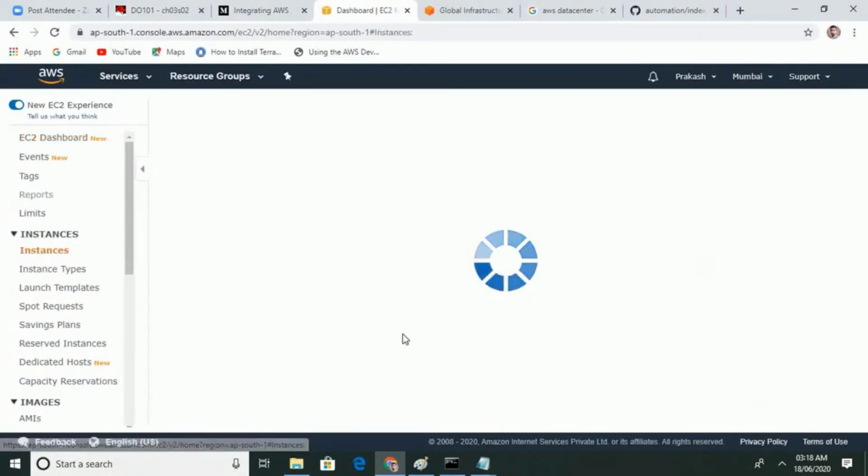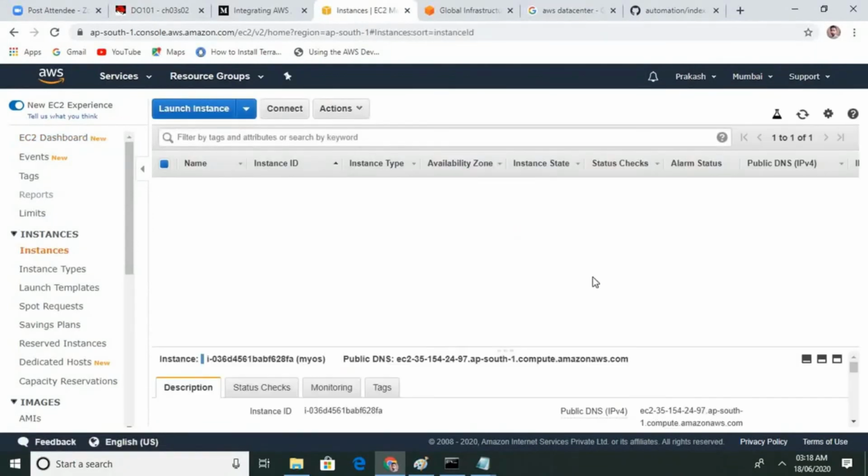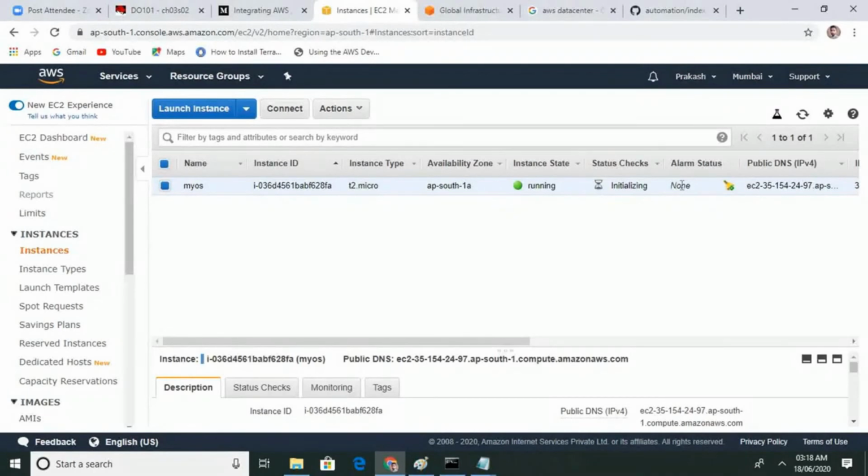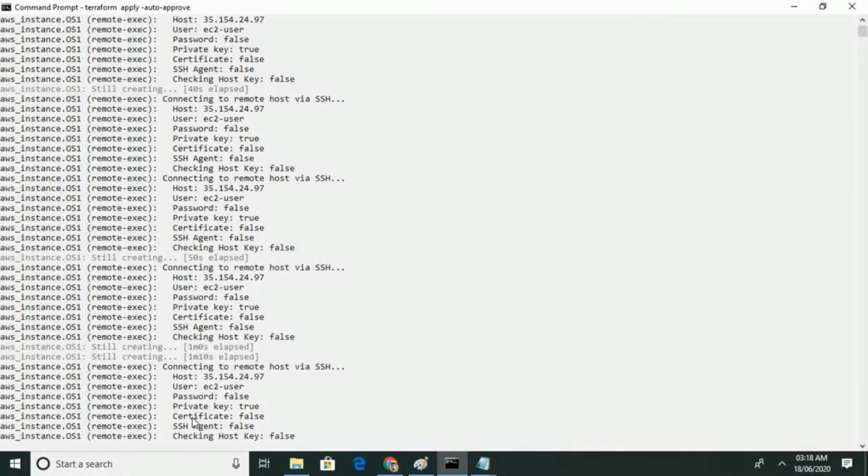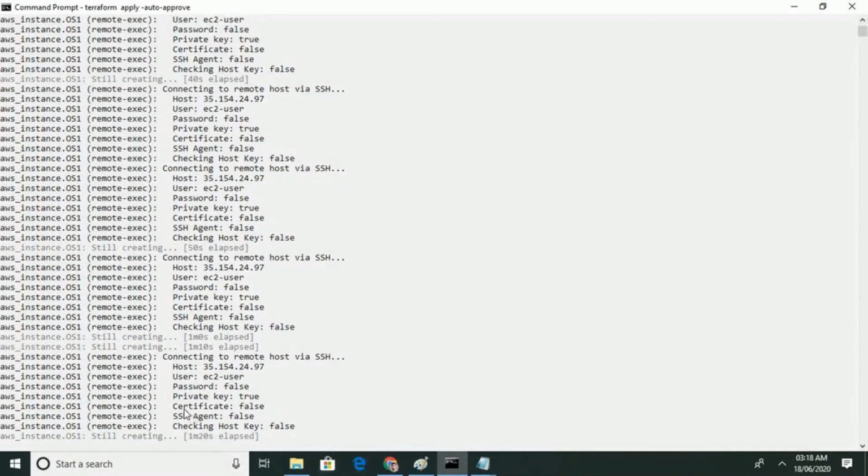Yes, you can see it's created. It's now connecting from the local machine to the remote machine via the SSH protocol. It takes around 1.5 to 2 minutes.